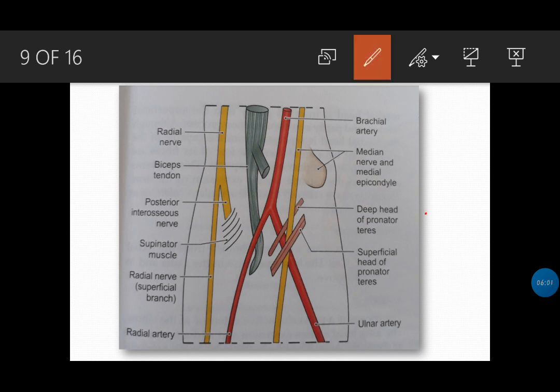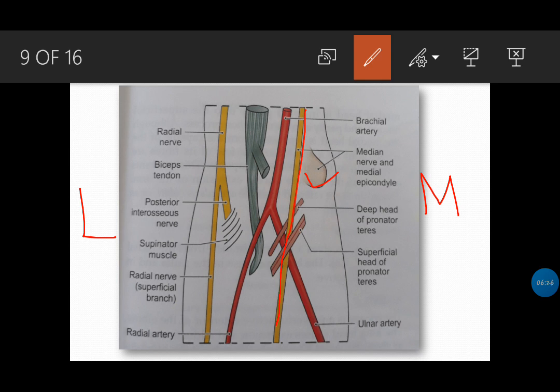So this is the medial side and this will be the lateral side. So we can see the medial epicondyle. By this we can see this medial side. Okay. First, medial most content is the median nerve. This median nerve runs between the two heads, that is the superficial head and deep head of pronator teres muscle.